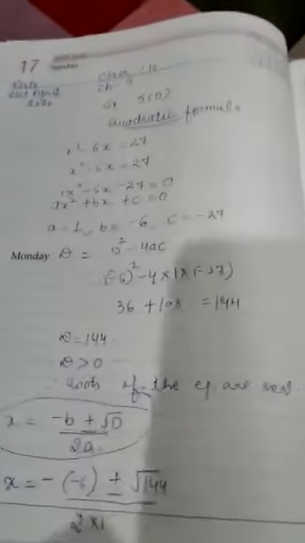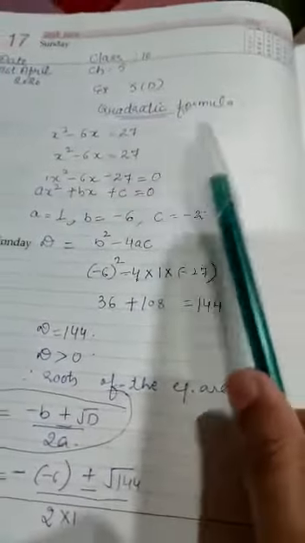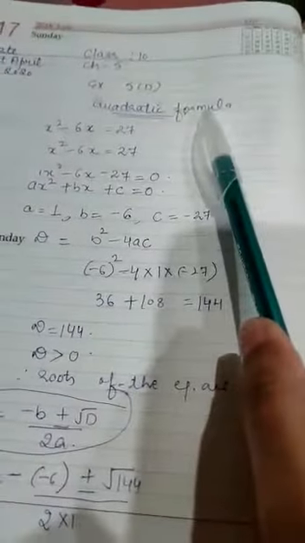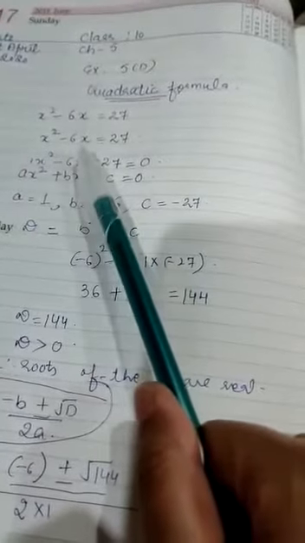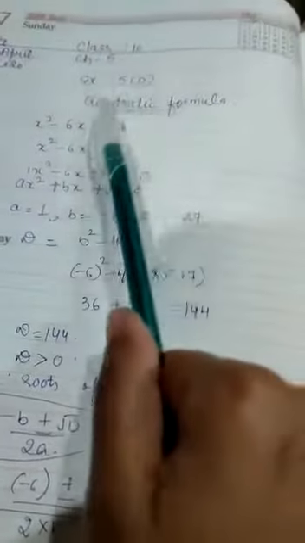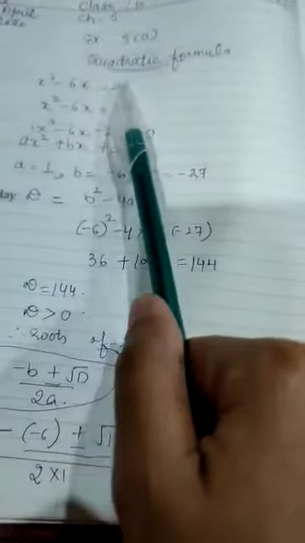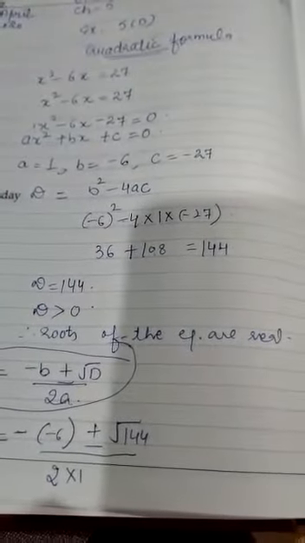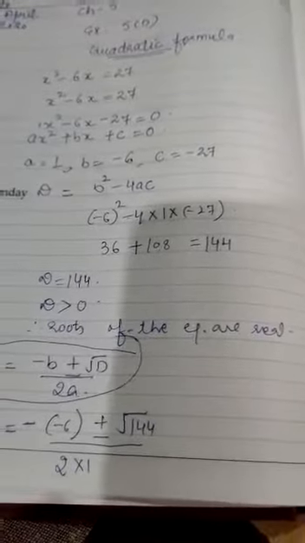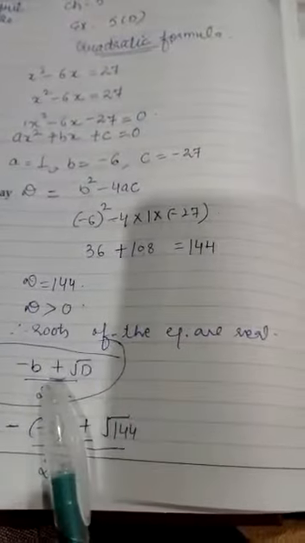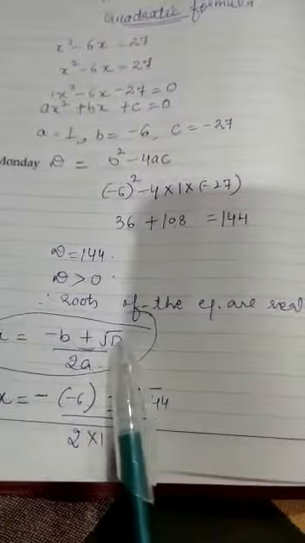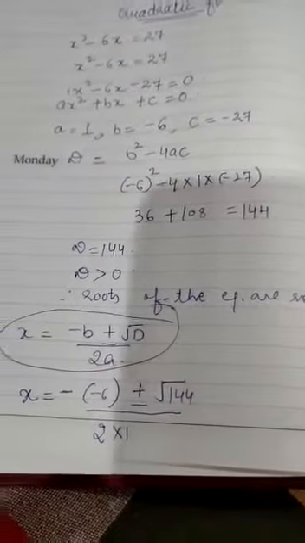In the exam they can ask that we have to find the roots of the equation by using quadratic formula. They can simply tell us to find the roots of the equation by using formula. If they have told us to find the roots by using formula, the formula means quadratic formula. So this formula is called Shridharacharya's method. Generally we use this method when we are not able to factorize the expression. Suppose here we have been given one equation and we are not able to factorize, and we have to find the roots of the equation. So we will apply this method, and by using this method we can find the roots of the equation.